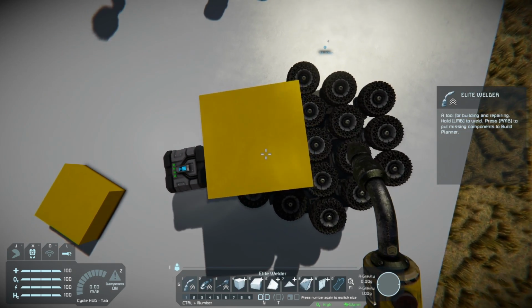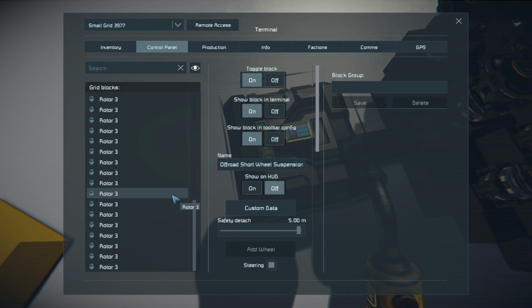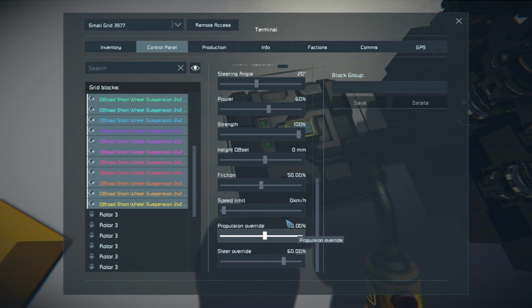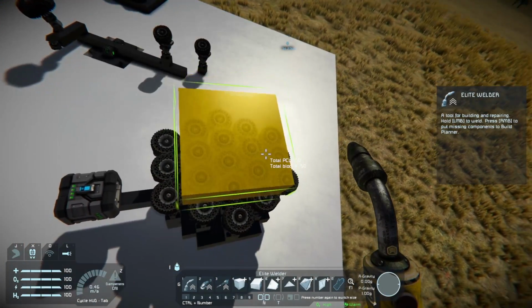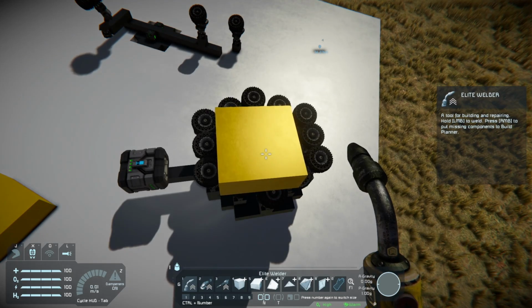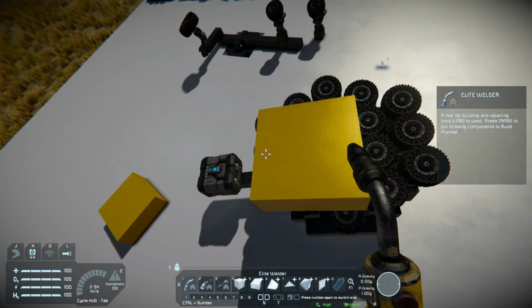If I put that there, you can see it goes sideways, more or less. It does look like the wheels are struggling a little bit to push. If I increase friction, I increase the power. Does that make it better? Okay.